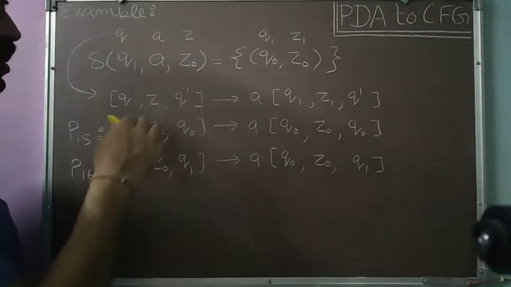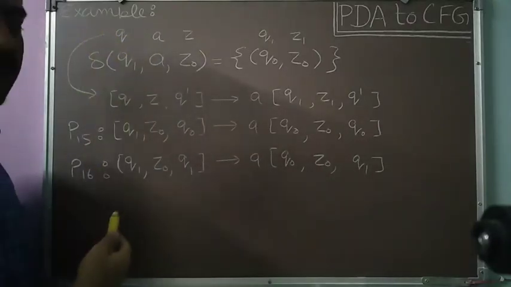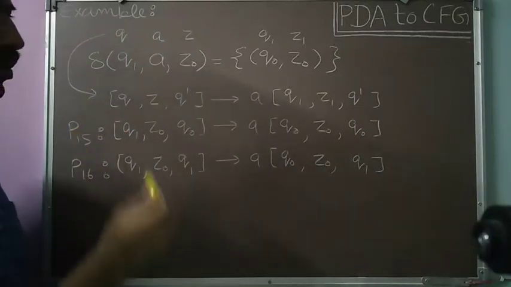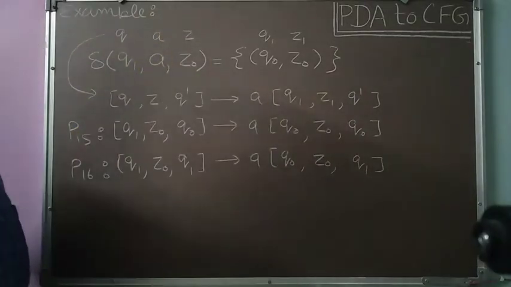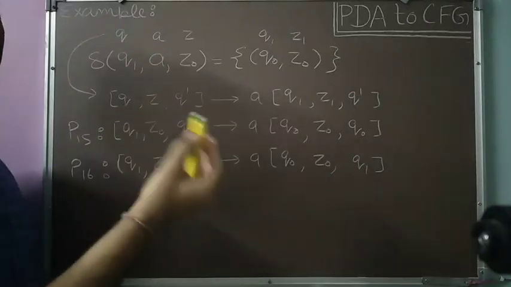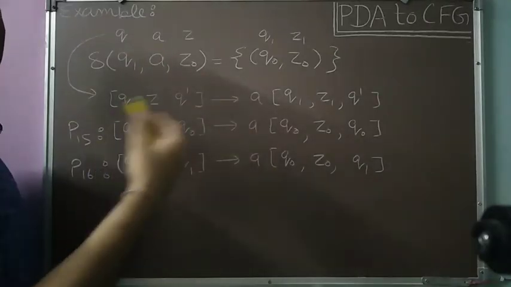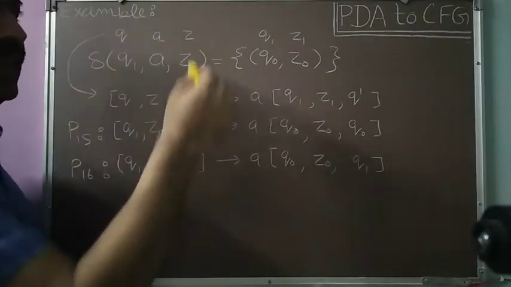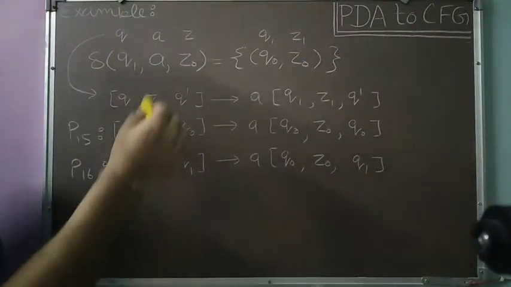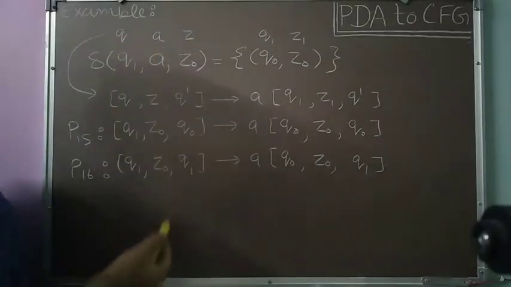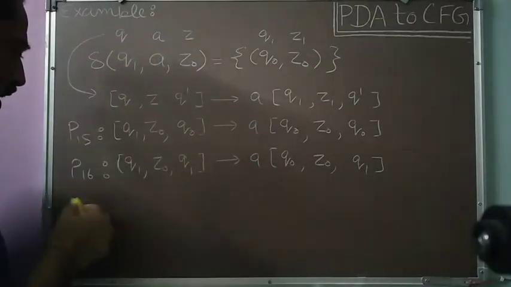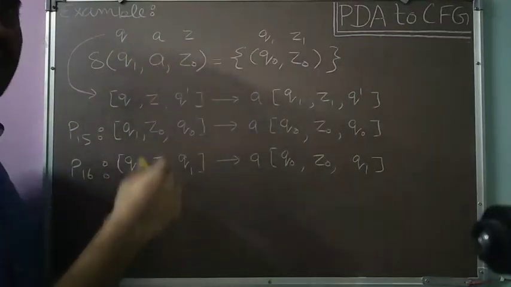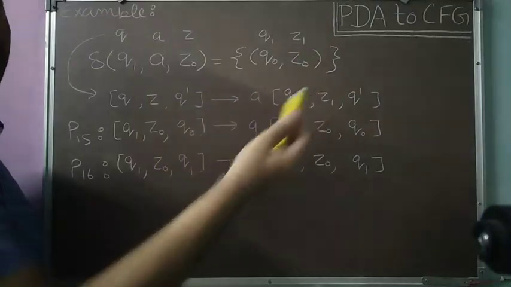As I have processed all the transitions, all 6 transitions, correspondingly I have found a total of 16 productions. So corresponding to the given PDA which accepts some language by empty store, I have found the corresponding context-free grammar, which has a total of 9 variables, S and 8 triples. The sigma is the same, A and B, and the set of productions contains a total of 16 productions in comparison to the 6 transitions given in the PDA, and S is our start symbol.